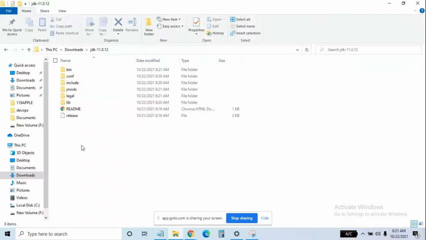What to do next, Ram? Bin folder. You do one thing. Just a minute.